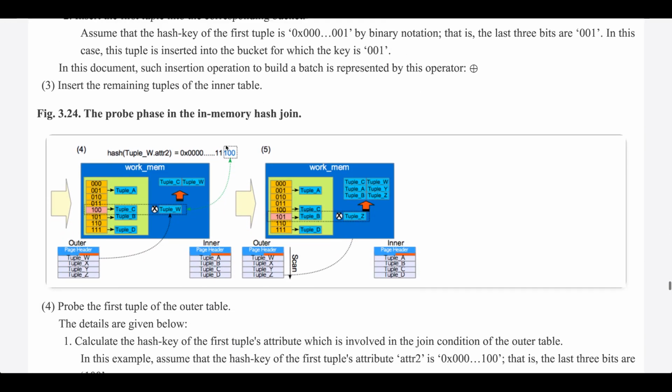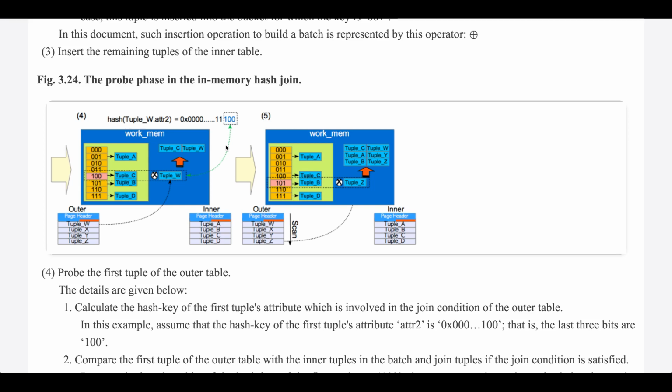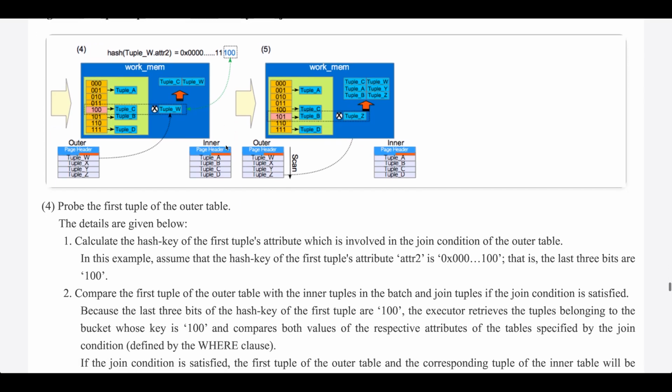Figure 3.4, the probe phase in the in-memory hash join. 4. Probe the first tuple of the outer table. Calculate the hash key of the first tuple's attribute, which is involved in the join condition of the outer table. And in this example, assume that the hash key of the first tuple's attribute, adder2, has last 3 bits